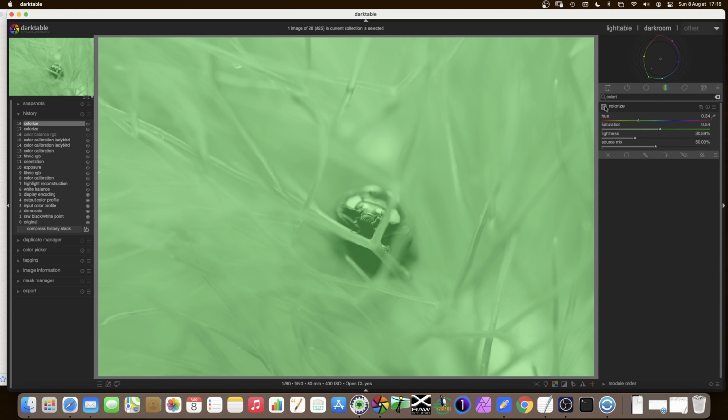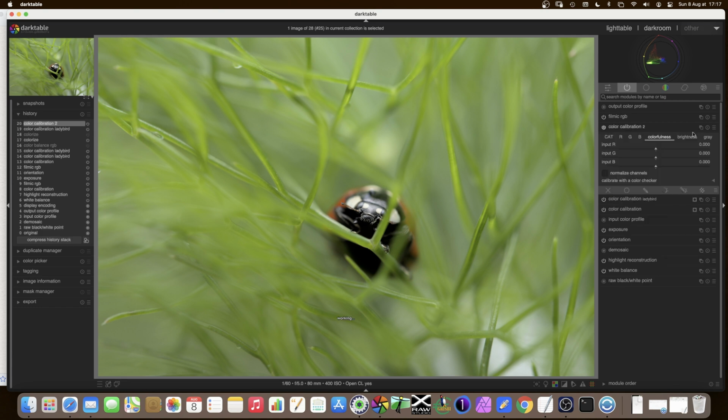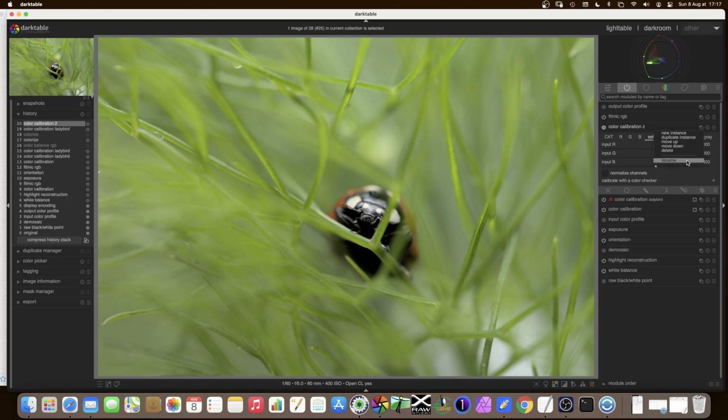I actually have another solution which I find a little bit better, a little bit more natural, which is to use the colour calibration again. So let's have a new instance, and we'll call that, oh dear me, colour calibration 2, rename, and we'll call that problem. That's for the problem area. And I'm actually going to use the channel mixer now. The channel mixer